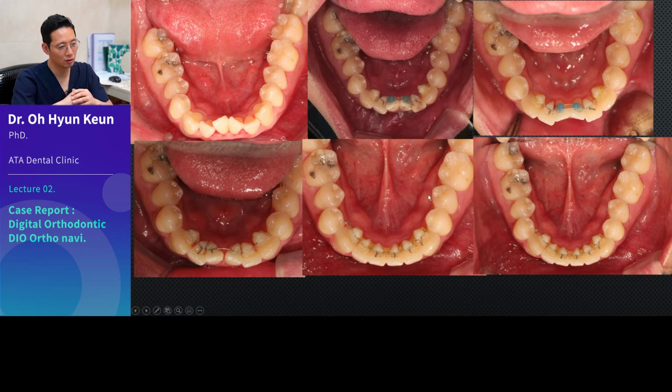Also, when you watch a presentation like this, pay attention to what kind of method the speaker used for different cases. That way, those of you who are not used to doing braces can learn what can be done in what situation. So when you see your patients who come for cavities or implants, you can also recommend braces if you see the need.